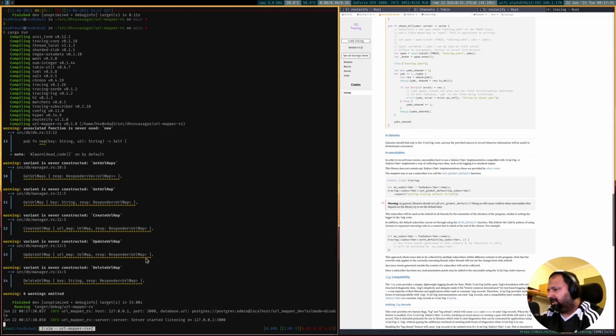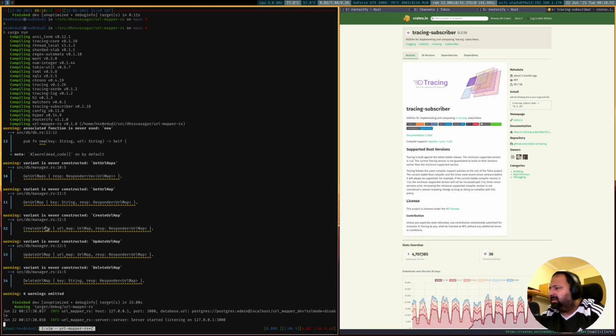All right, so let me expand this and show you. Obviously we have these info logs coming here. A few of the nice things you can see here is the log also has context information available, so you know where the log is coming from. I think that's helpful. Obviously it added a timestamp, even that is helpful. And these are the minor things. I think that'll be all for today.